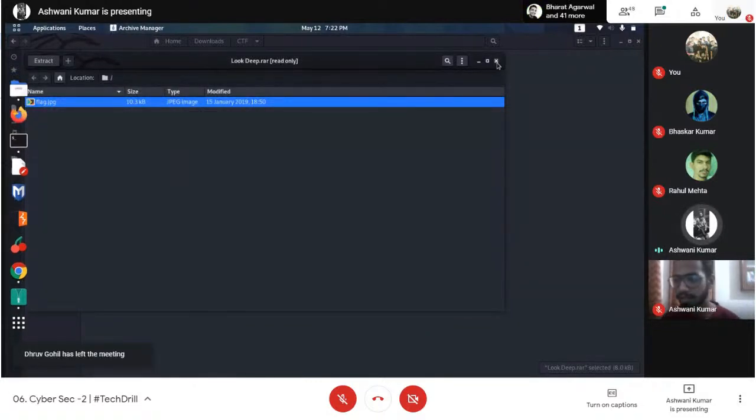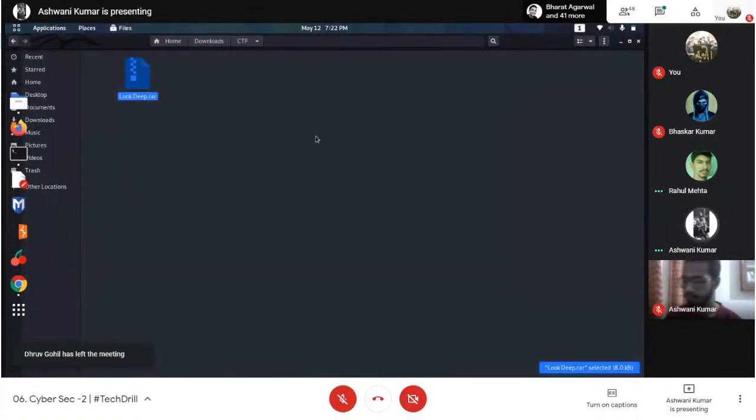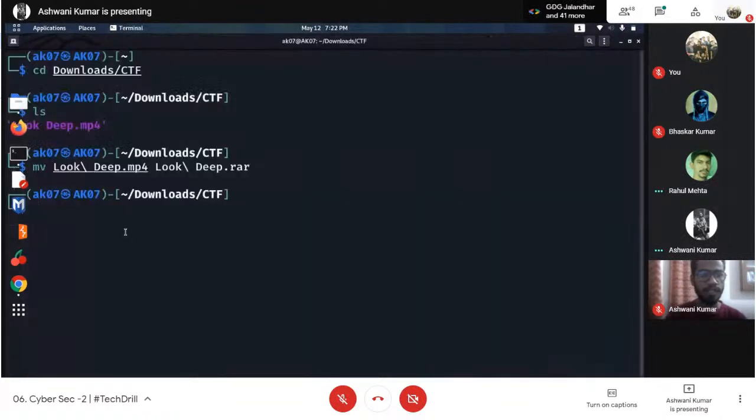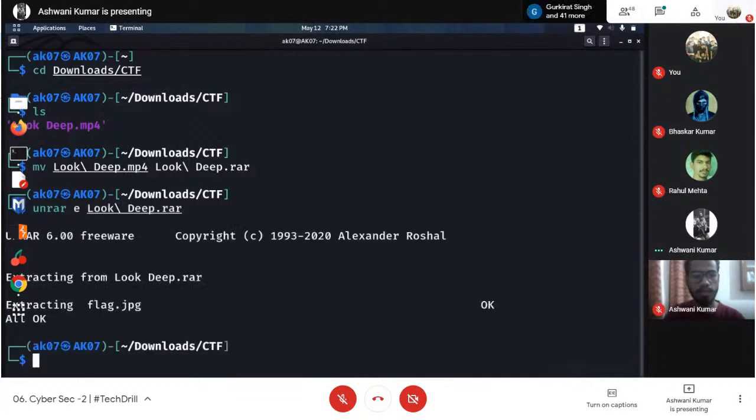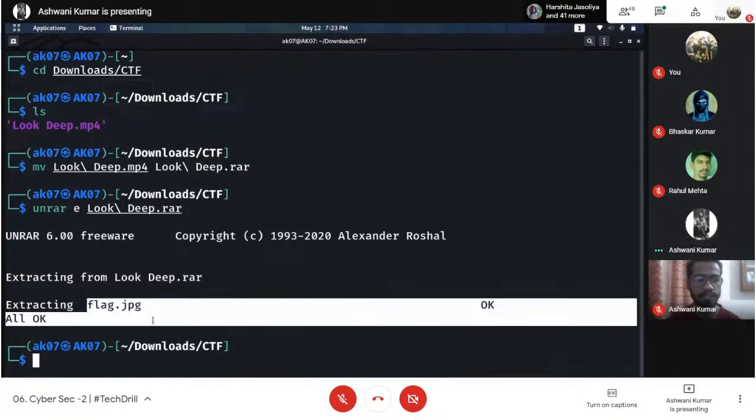So what I have done is renamed, basically converted, the MP4 file into a RAR file, and extracted that RAR file. Upon that extraction, I can see there is one file. You can see that here even.